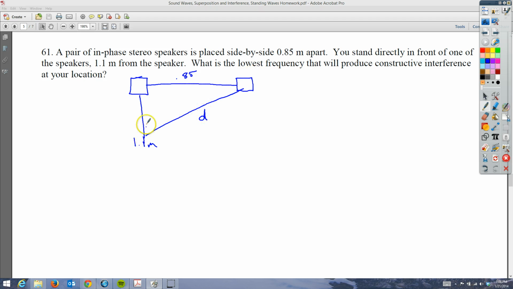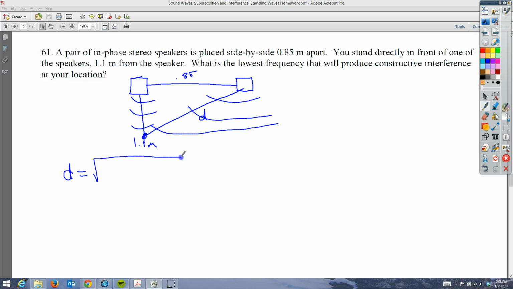So now we can draw this triangle, and we want to find this distance D. This distance D will show where they both will have the sound waves that are coming out, and those sound waves will then overlap at the point where they hit you. So we want to know what that distance is from the speaker. To find that distance, we say D is equal to the square root of, now we've got 0.85 and 1.1, so we're going to do 0.85 squared, plus 1.1 squared. I like to put those in parentheses, makes it easier to see. And that should be equal to